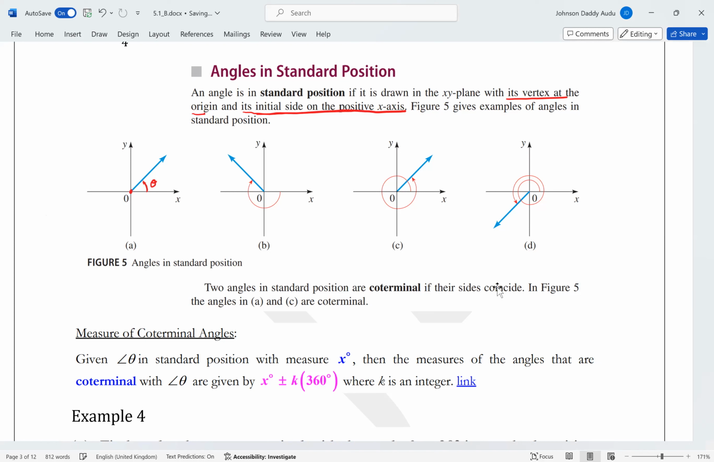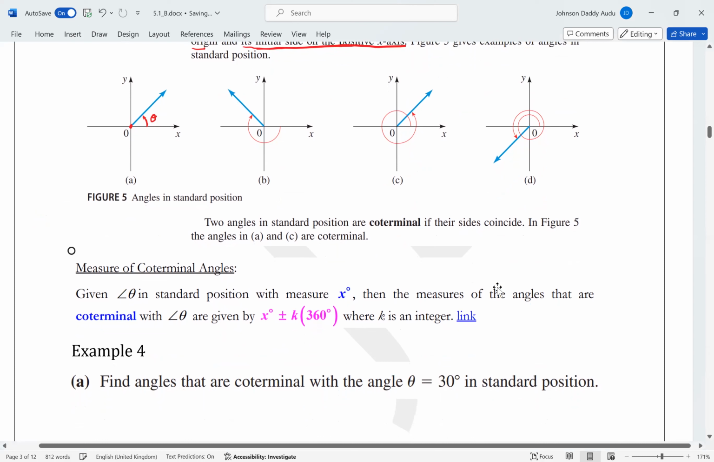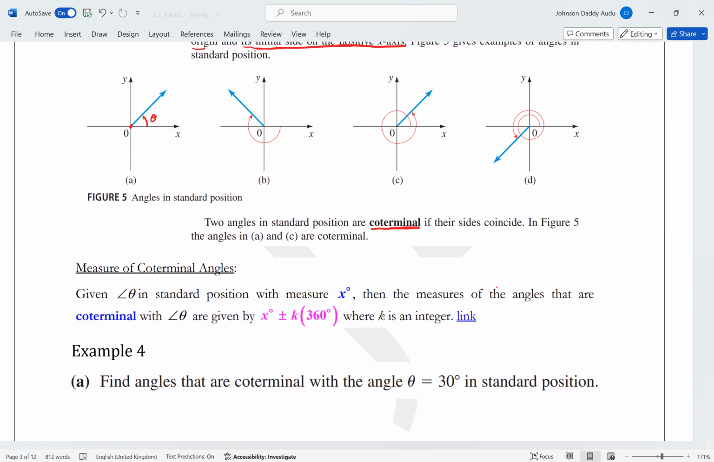Now, why is standard position important? It's because we want to find what we call coterminal angles. Coterminal simply means they share the same terminal side. So if you look at A and C, A, this is the terminal side. So this is A, it's up here. And if you look at C, C is also the same because it shares the same terminal side, because you go around and then you come back to the same line. So we can say that angle A and angle C are coterminal, even though they are not the same,